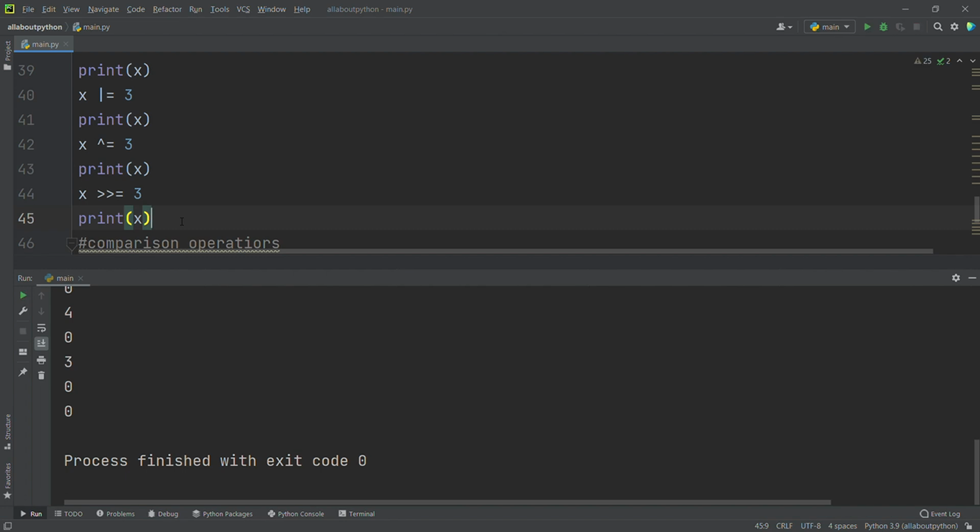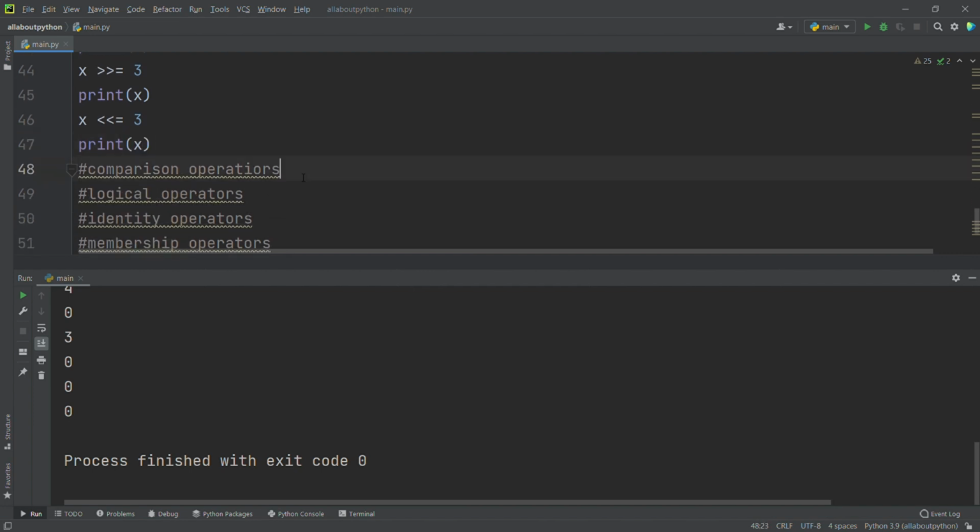See, it's printing 0. Then x <<= 3, print of x. It's printing 0 again. We'll see why it's printing 0 and 3. As of now, we just see assignment operators.